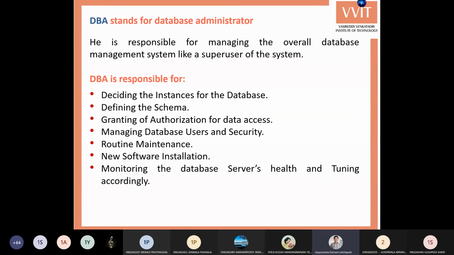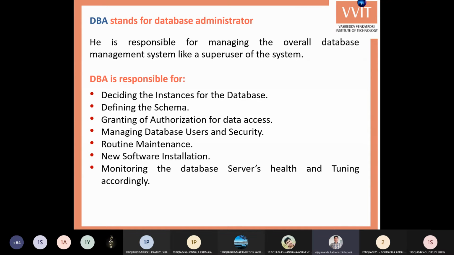If the database is running in a poor or slow manner, he can add some more memory to the system and restart the system. Restarting the system, the system will again run faster because we are adding more memory. So these are the different activities performed by the DBA, because he is the whole and soul person, the super user for the entire database. He can do everything and anything with the system.